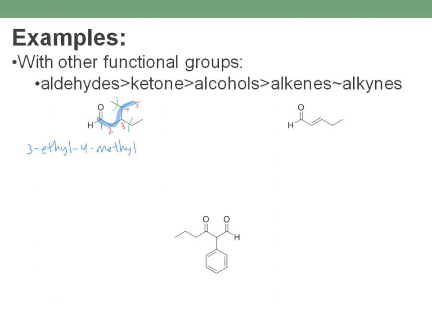And this is 5, so I'm using pent, so it's a pentanal. Where it would be pentane, but you change the E to an Al, so pentanal. That's how you would name that one. For the one on the right, what's kind of interesting about this one is that we actually have 2 functional